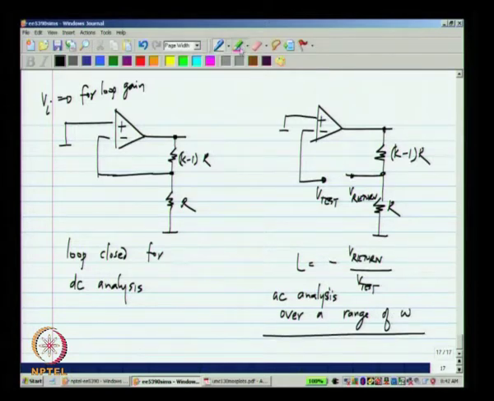So, how do we adjust this? Now, we have done things like this before, this is not difficult, right, because we have had cases where you have to AC couple signals, that means that the signal is applied for AC, but not for DC and so on.